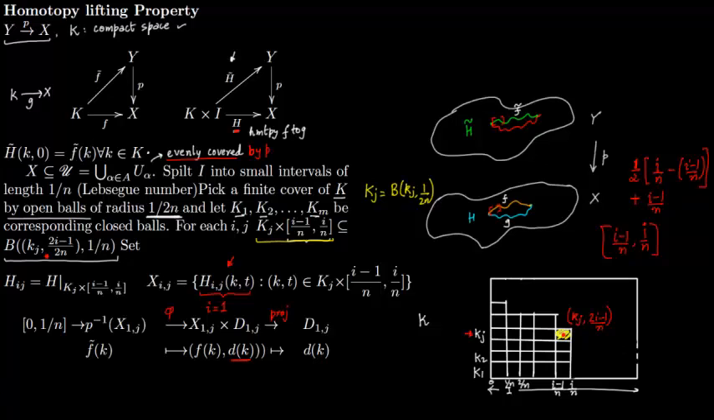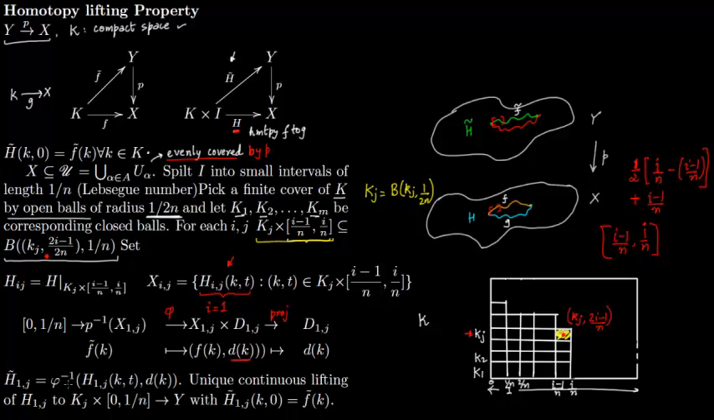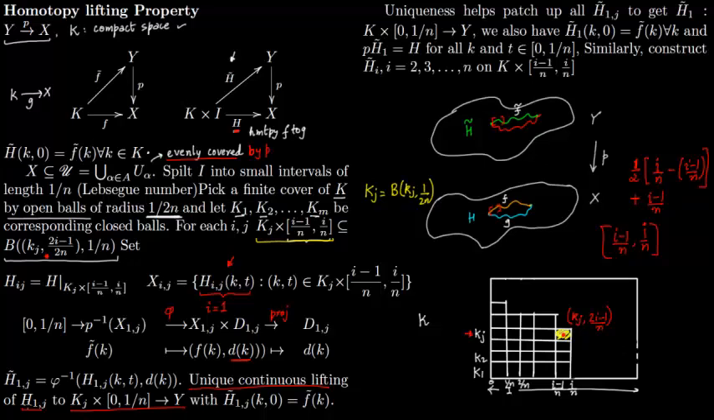So how do you now define h tilde? So h tilde, you just define as phi inverse of this h1j of k, t comma dk. So why did we make this construction? Obviously because this will give us a unique continuous lifting, since phi is a homeomorphism. So this will give us a unique continuous lifting of this h1j to this Kj times 0 comma 1 by n to Y, and this is precisely what we wanted. So we have gotten the lifting from here, the first part Kj times 0 comma 1 by n, this part has been lifted to Y. So we have gotten a small portion of h tilde,